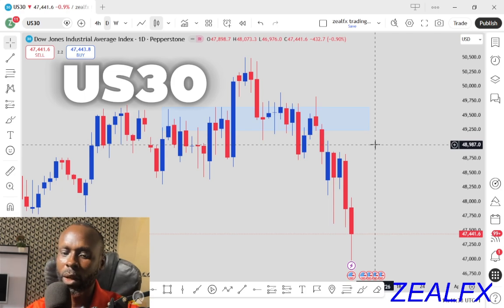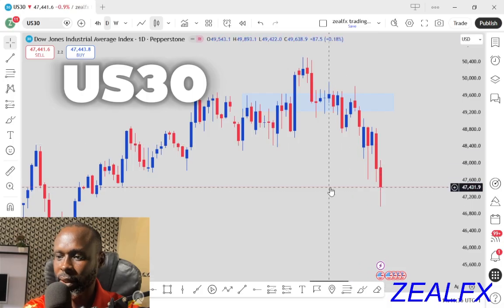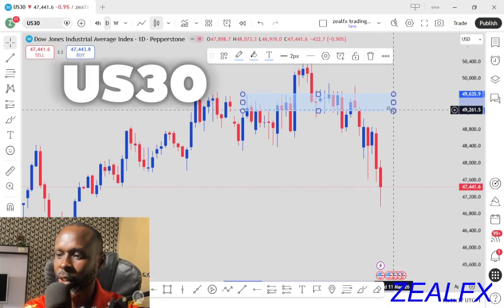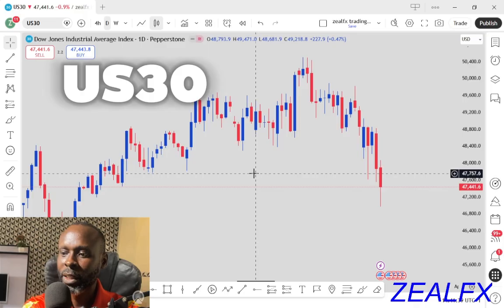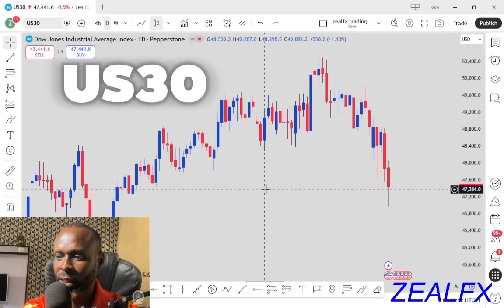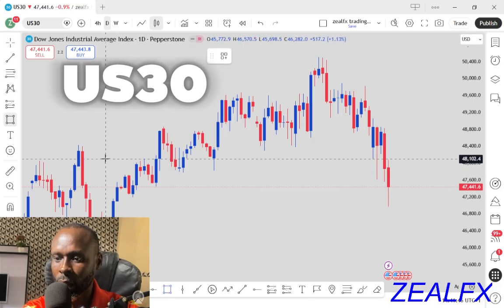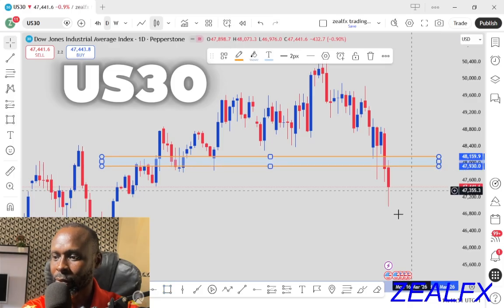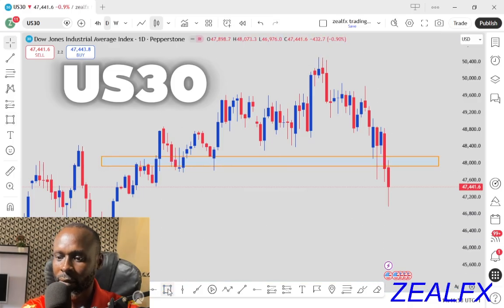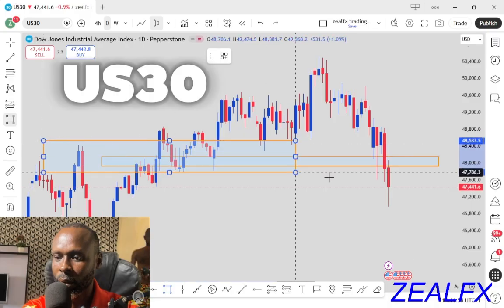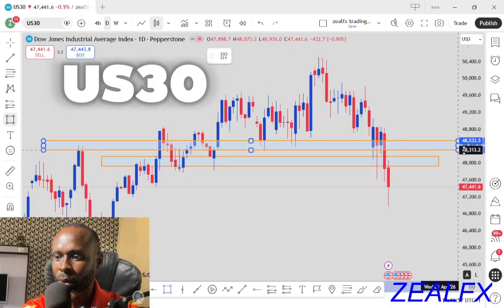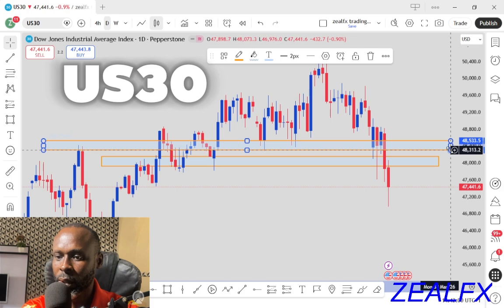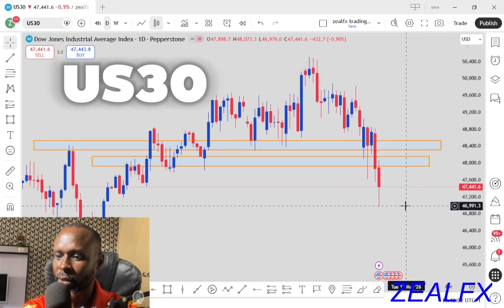So the DXY on the daily chart still has this bearish trend. So we still expect more of a bearish trend this week on the DXY. So what are the levels we have to look at for our selling opportunity for the DXY? So let's look at the levels. We have this resistance level. Then we also have this one at the top. We also have this one at the top also. So these are the levels we have to wait for price to retest before we start looking for possible selling opportunity on the